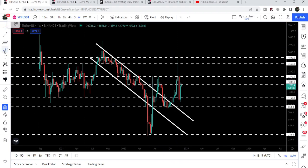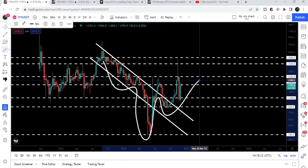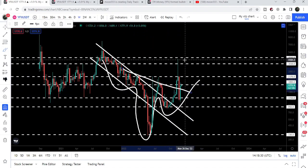At the same time, you can see the price line has also formed this inverse head and shoulder pattern as well, and broke out the resistance of this inverse head and shoulder pattern. When we were rejected by this resistance of $4,500 and we had extreme sell-off and the price line was moving down, I was telling you that this right shoulder of this inverse head and shoulder pattern can work as a